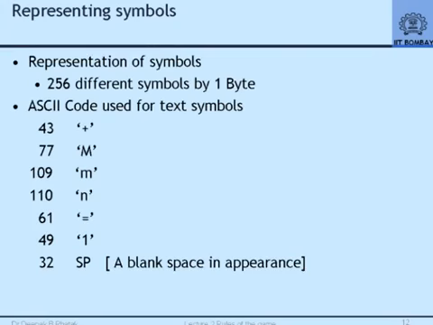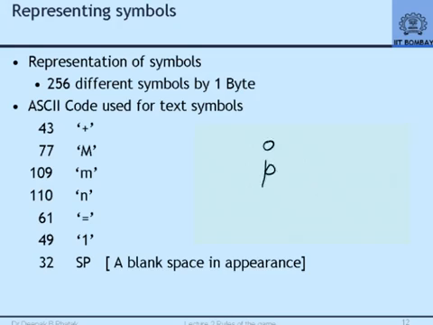So here are some symbols that I have noted. You might want to note down, because the next page has some simple exercises, you might have to note down what is the value of this m, for example. What is the value of small m? 109 and 110. Does this tell you something more about what will be the number representing O and P? Small o and small p, yes? 111, 100. So you see, you can guess.